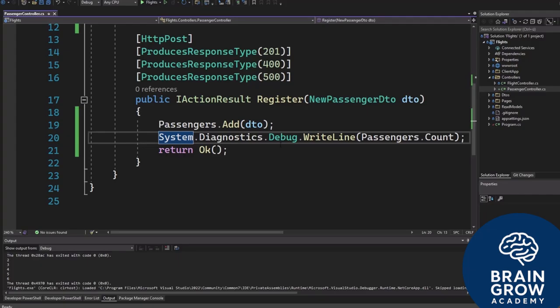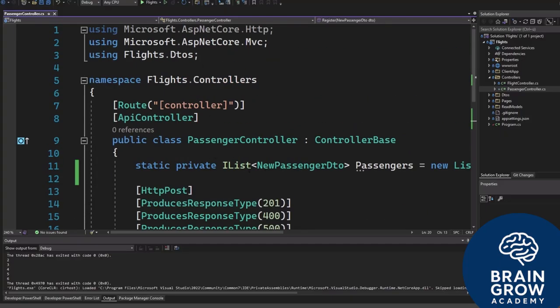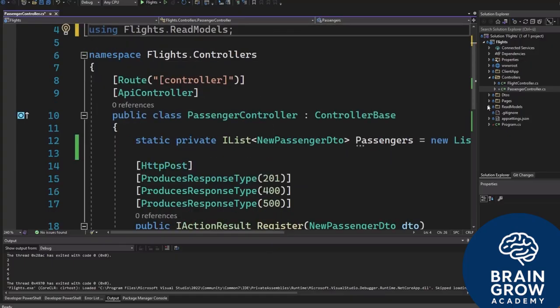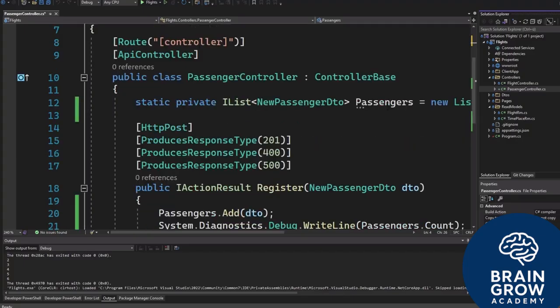Okay, now here inside of our passenger controller, we want to go ahead and create a find action to find a passenger from that list. So first of all, go ahead to the very top and create a using directive, sorry, Flight.ReadModels. There we go. Now we can use our read models folder here, and inside there we got the flight read model and the time place read model, and we will now create a passenger read model